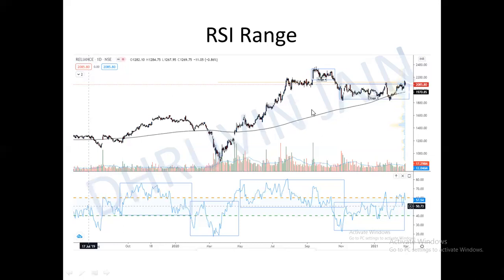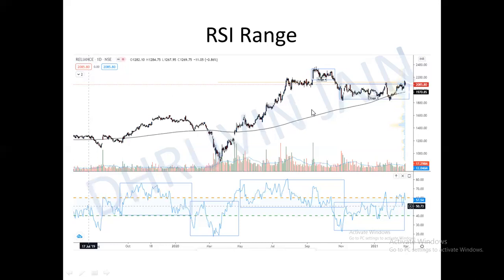Being a hardcore RSI user myself, I have to sleep with the fact that RSI is a lagging indicator. Why? Because it's an indicator, guys. I've explained this before too, but still I want to emphasize that RSI is an indicator. It derives itself from the closing price. Its whole calculation is done from the closing price. That means price and volume are the only things in charts that are leading in nature.